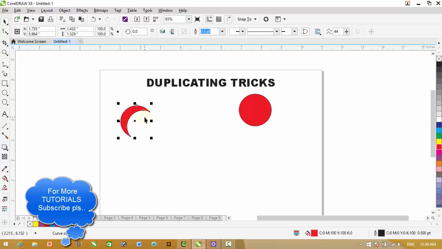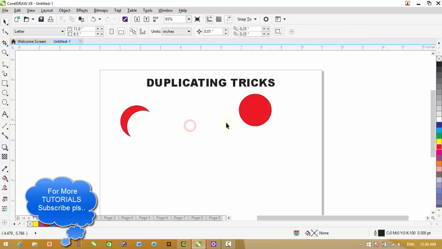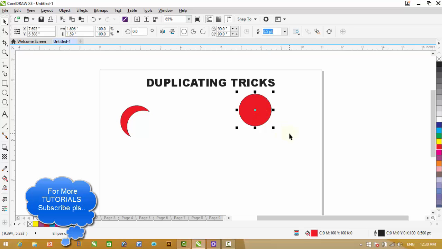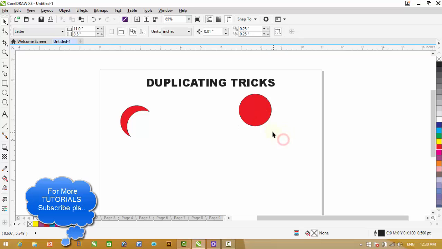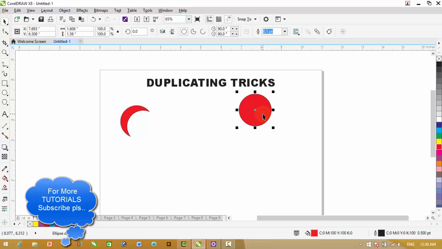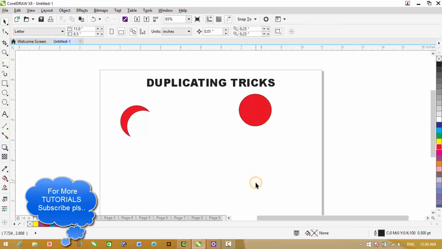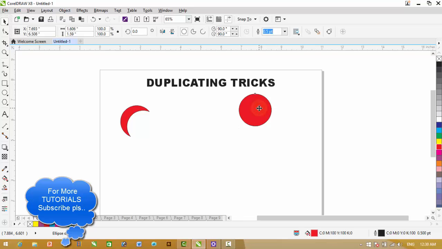So this is a very important command, and there are some options in this command also, if we want to create an object straight to the bottom of this object here. For constrained movement, we have to press the Control key. Now click on the object we want to duplicate. Now drag it, and we can see that by pressing the Control key, the movement of this object is constrained.